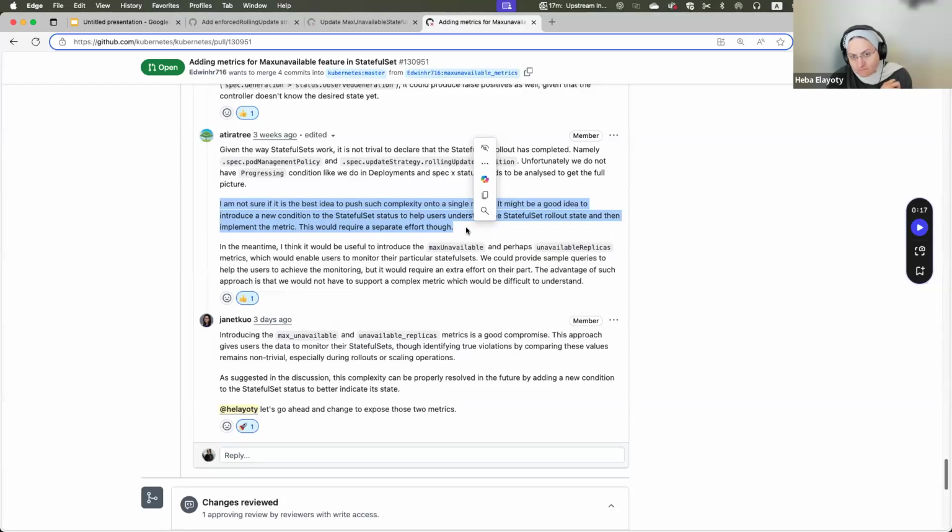Ideally, we want to have both the integration and E2E tests added as soon as possible early on in 135, so that when we update the cap for 135, because we will have to update the numbers, we can say, oh, those are the tests that we already added, or at least we can link the open PRs. That will be a sufficient signal for everyone to get this thing through.